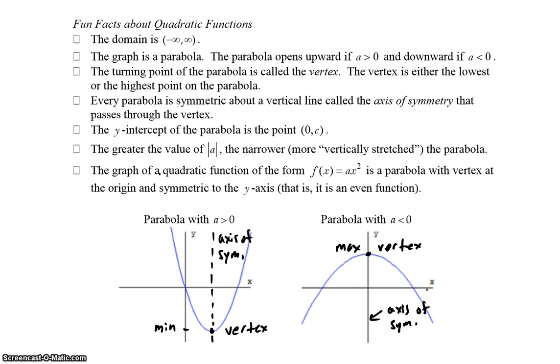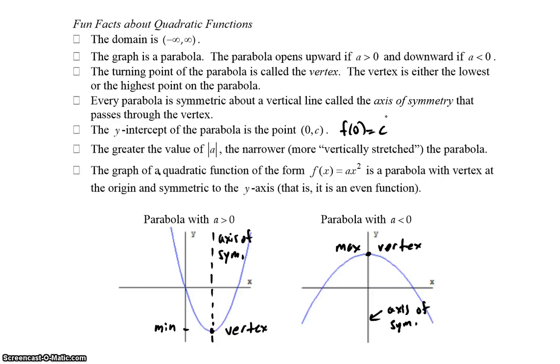Next point, the y-intercept of the parabola is the point 0, c, again assuming we have a function of the form f of x equals ax squared plus bx plus c. In other words, what we're saying here is that f of 0 equals c. If you look at the function f of x equals ax squared plus bx plus c, if you substitute 0 for x, then you get f of 0 equals c. So that means that the point 0, c is on the graph of the parabola, and that's going to be the y-intercept